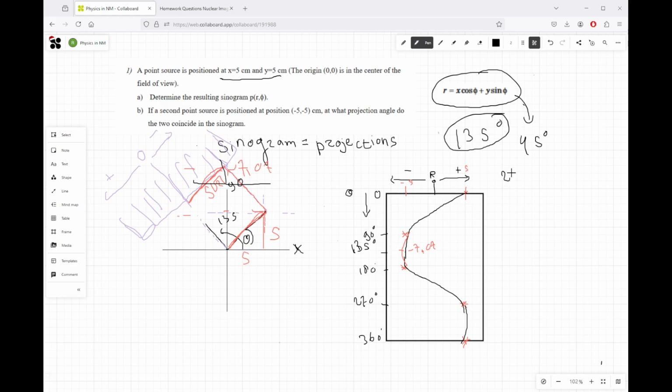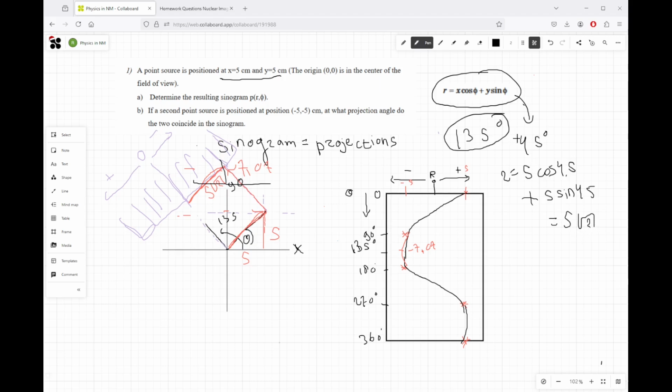If you do that, 5 cos 45 degrees plus 5 sin 45, you get, let me type that one in, you get indeed